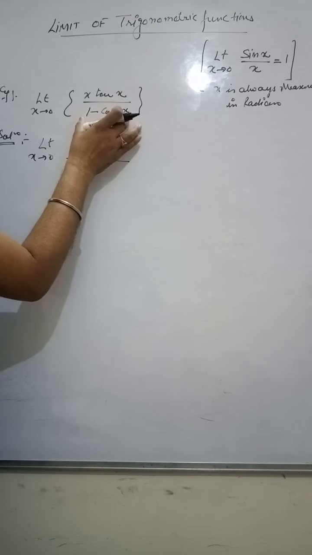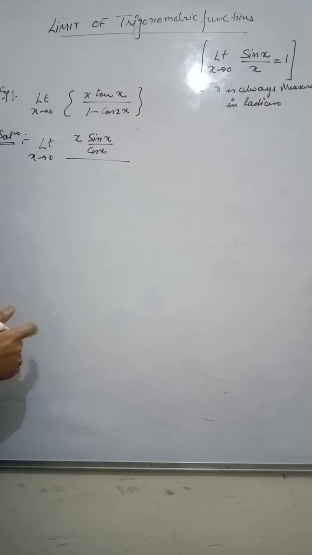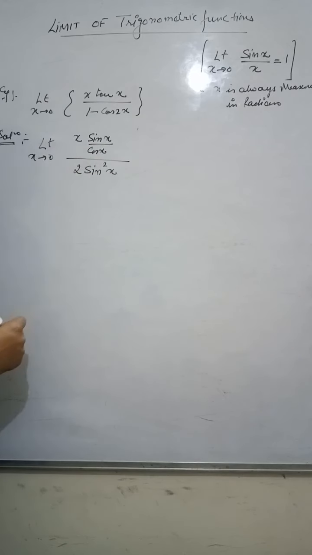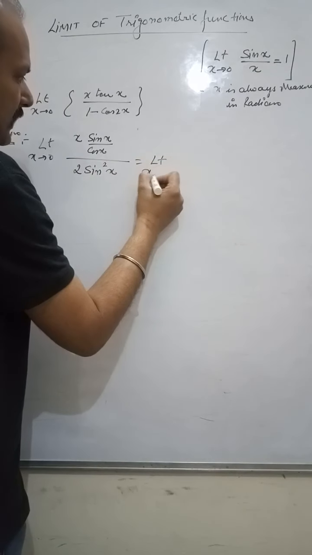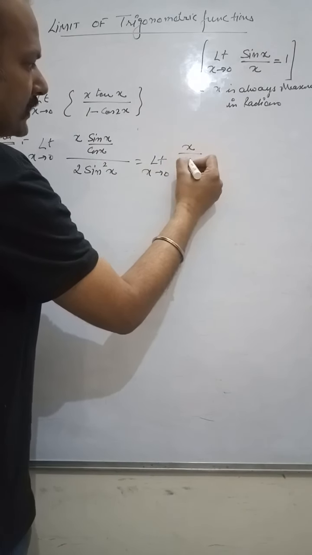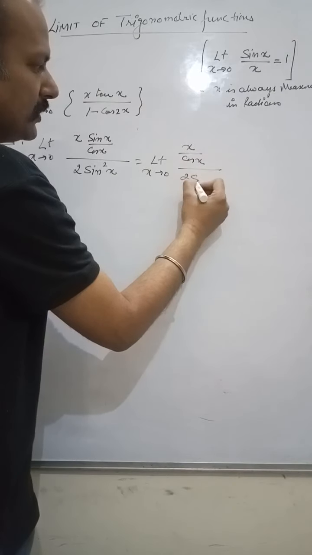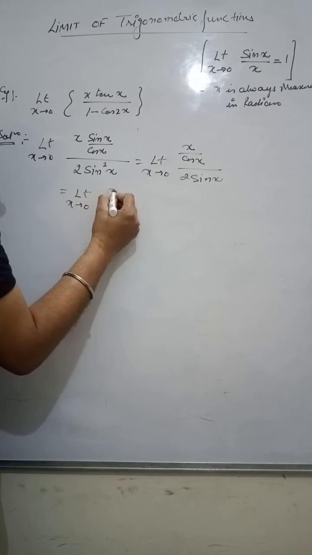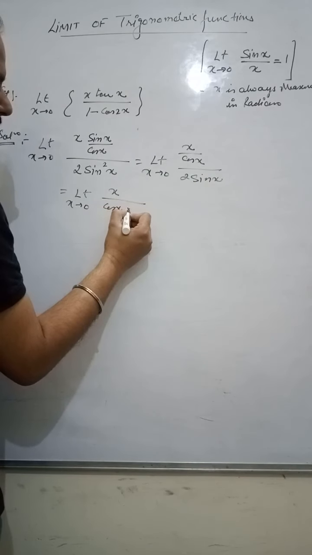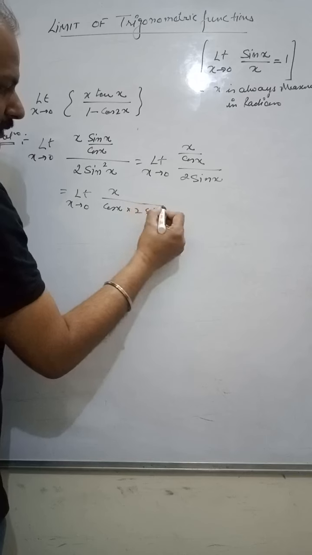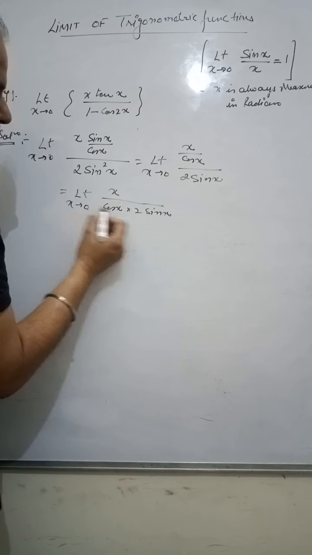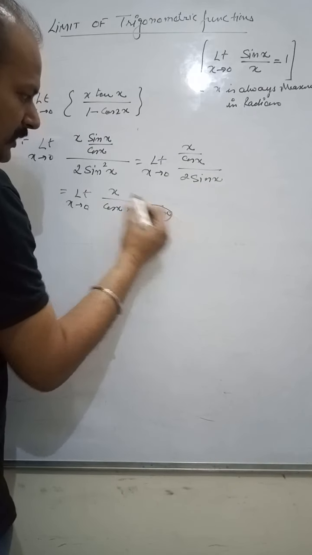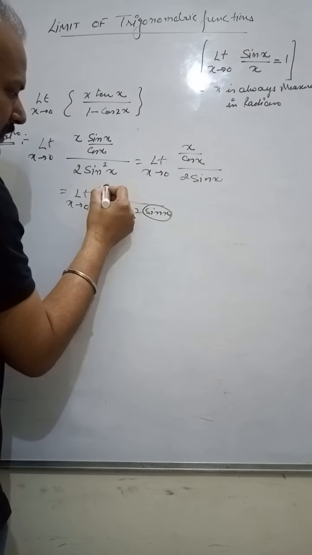Now what is the formula for 1 minus cos 2 theta? This is 2 sin square theta, so that becomes 2 sin square x. So one sin will cancel down, and it will give us x upon cos x over 2 sin x. Or we can also write it as the limit as x goes to 0 of x upon 2 cos x sin x. Now again there is a problem, because when I put x equal to 0, sin 0 will be equal to 0. So we still have to eliminate this, and by using this formula you can see here